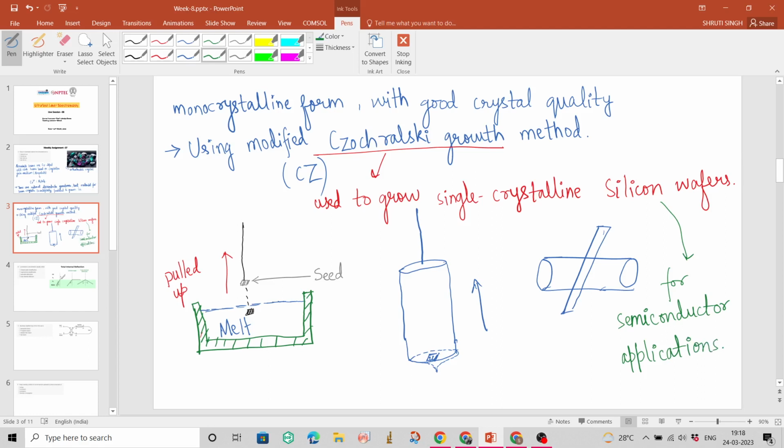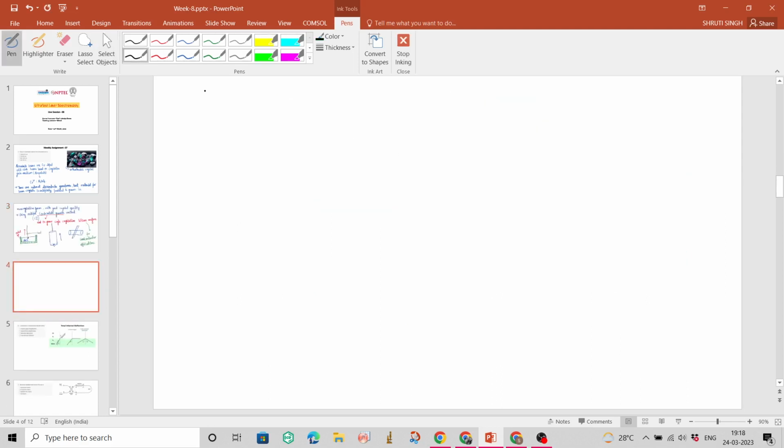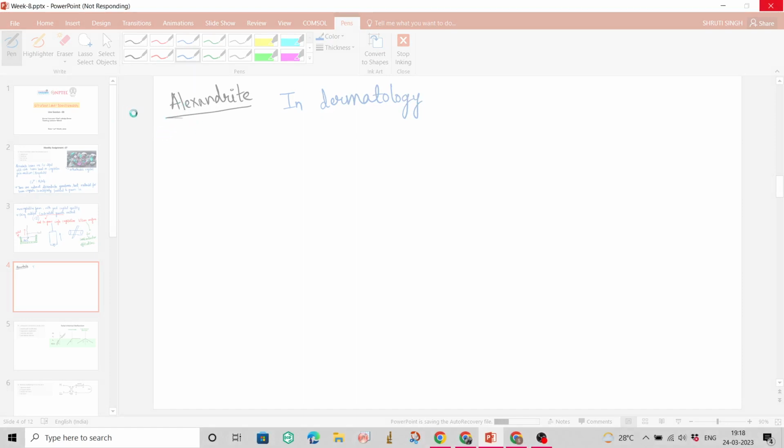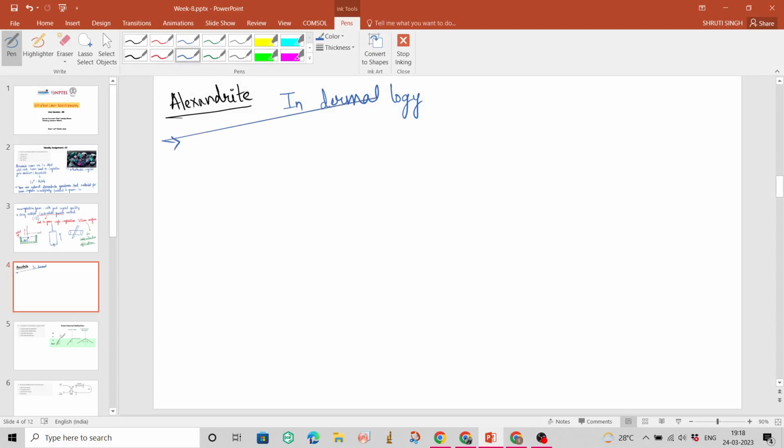For semiconductor applications. Now let's see where will be the application of our Alexandrite laser. I'm discussing a little bit about this because it was not discussed much in the course. Just a little bit about where these lasers are used. Generally they are used in dermatology, like for hair removal. We do laser hair removal. There are so many techniques for laser hair removal now. In those we use Alexandrite laser,